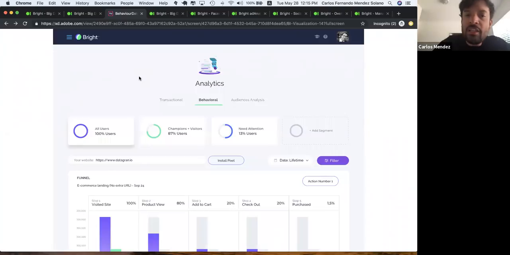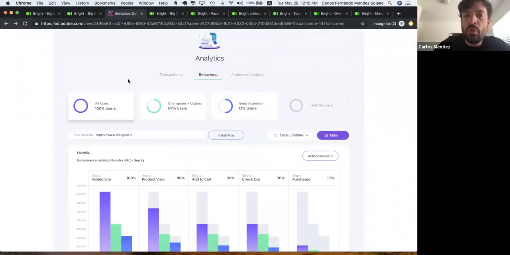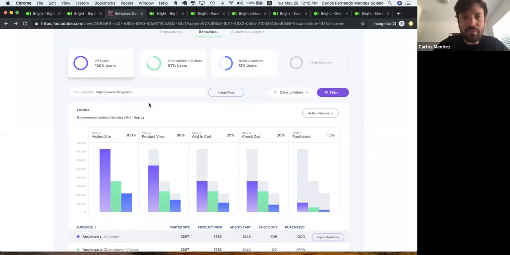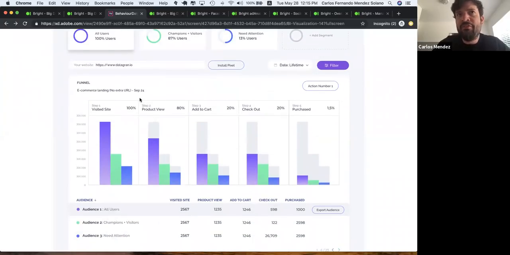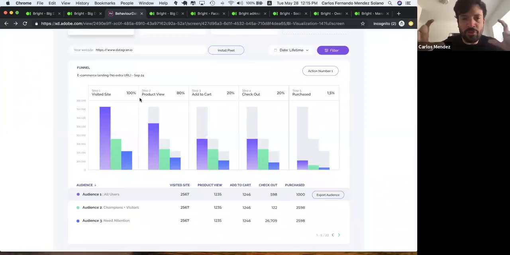So the interesting thing here is that we're going to be aggregating your transactional and your web data so you can make different analysis based on both of the things that your customers do in terms of transactional and web data. So for example, if you have people that visited your website but never purchased your product, you can create a filter to visualize how those people behave.